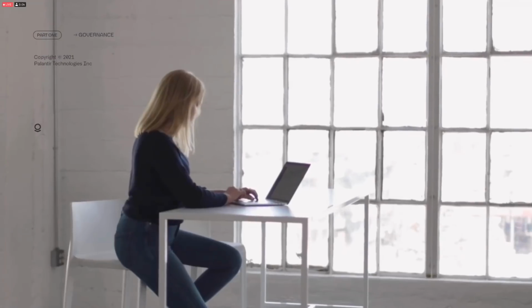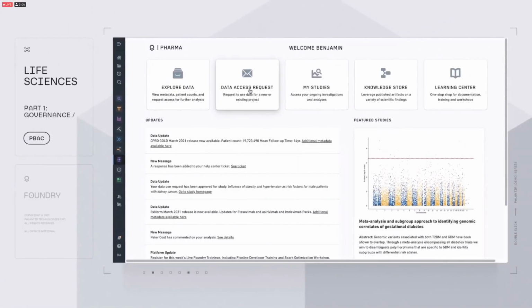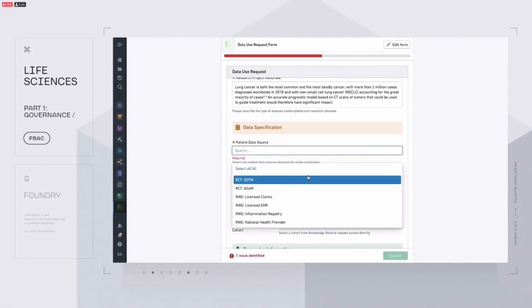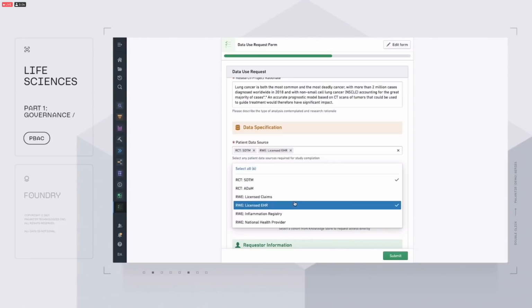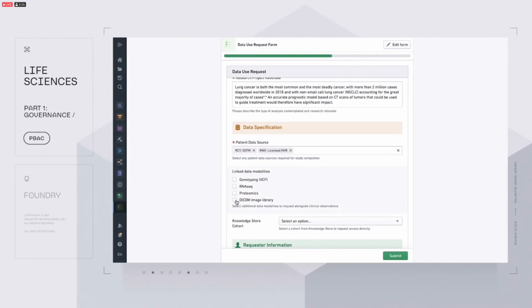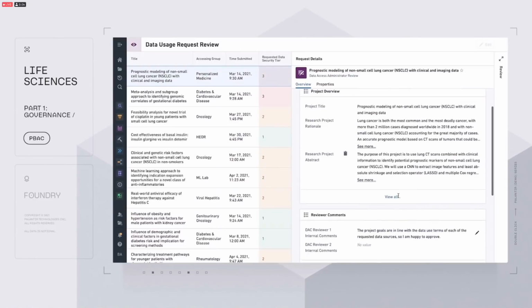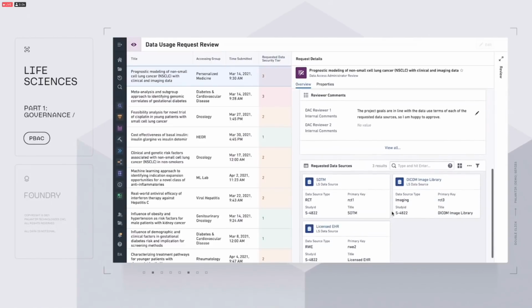This ensures the access is necessary and proportionate to the research outcome. In Foundry, I'm prompted to state the project's purpose and which data I need. For the prognostic model, I'll want to use both real-world evidence and closed clinical trials as training sets. I'll also need linked CT imaging data for both. Based on the sensitivity of the data and my proposed analysis, this request will be reviewed and approved by the